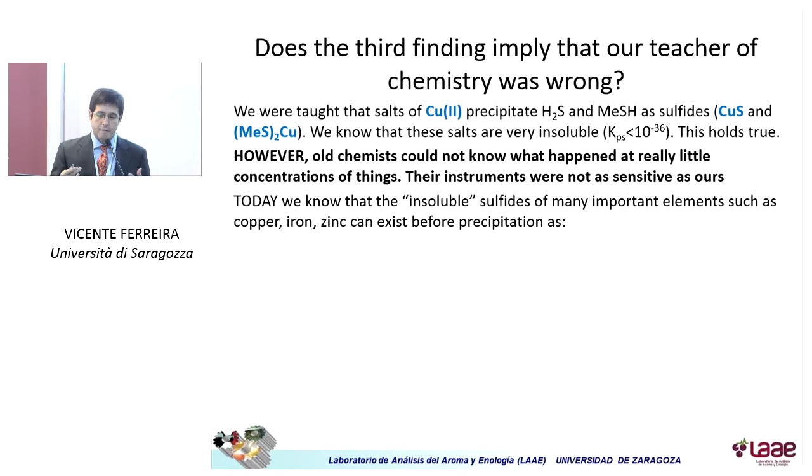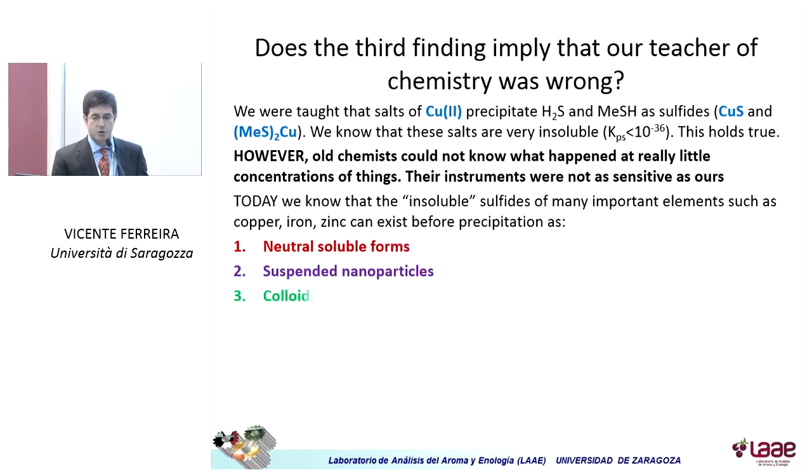Today we have learned that insoluble sulfides of many important elements such as copper, but also iron or zinc, can exist before precipitation as neutral soluble forms, as suspended nanoparticles or as colloids. E con gli strumenti analitici di oggi appunto possiamo vedere che in realtà l'interazione di composti solforati con i metalli, prima di arrivare alla precipitazione, può esistere nel vino in varie forme, come forme neutre solubili, come nanoparticelle in sospensione